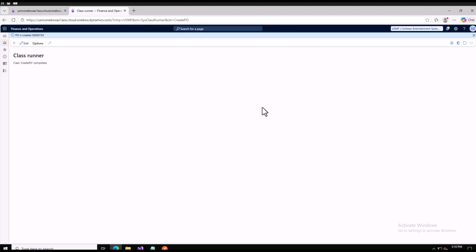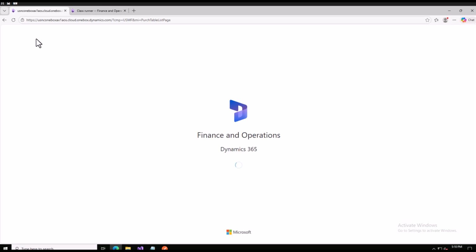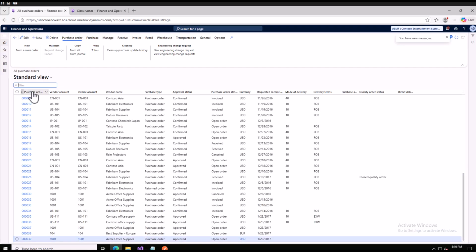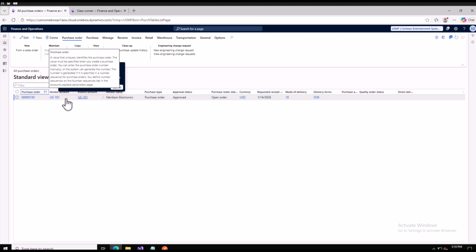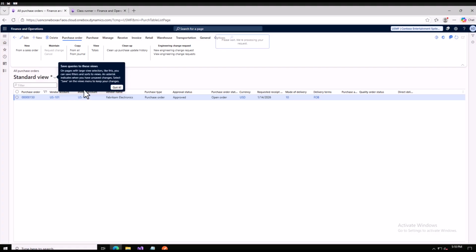Alright guys, so now if you see my runnable class is completed and I get a PO. This is a new PO that just got created, and here I'm opening my purchase order form to verify the data. Okay, I can search for this PO. So we'll apply this. So the vendor account that we have used is US 101. Okay, and when I will open this purchase order,